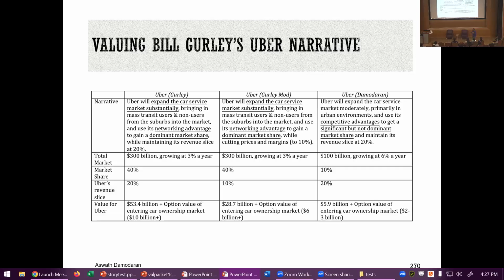The value. You said, how can the same company be worth 6 billion, 29, or 53 billion? It depends on how the story is being framed, right? You're saying, but are they all true? They can't all be true. In hindsight, one or the other is going to be true, but you can see how stories, as they change, will affect value.